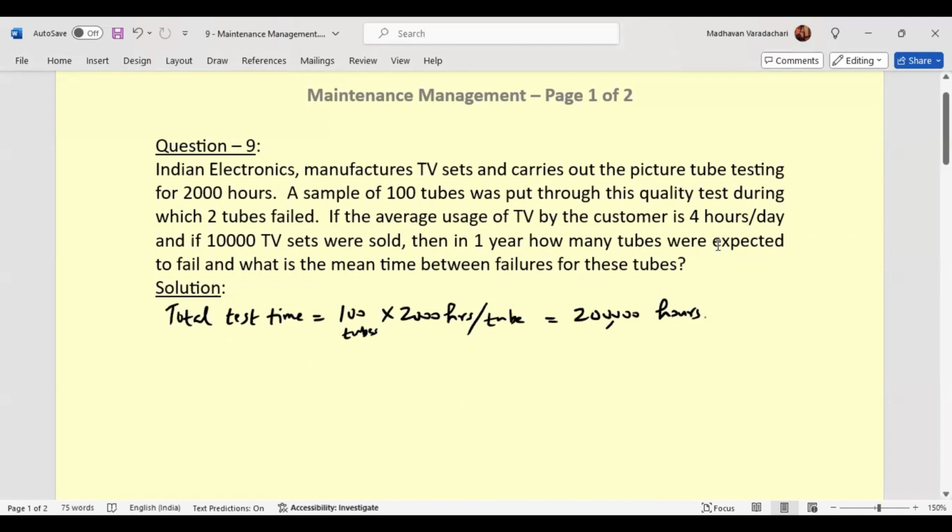Now they say in this 2 tubes failed, but we don't know whether it failed in the beginning or in the end. So we'll be assuming that it is failed in between, means